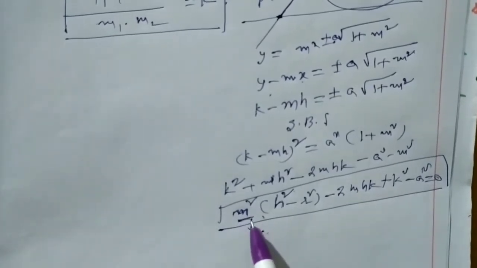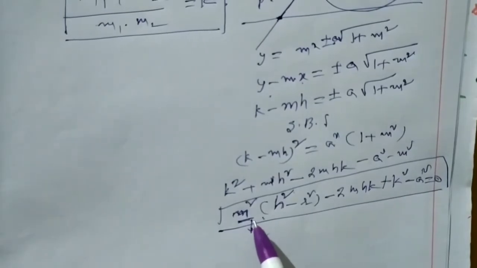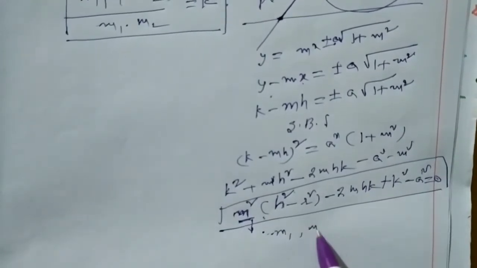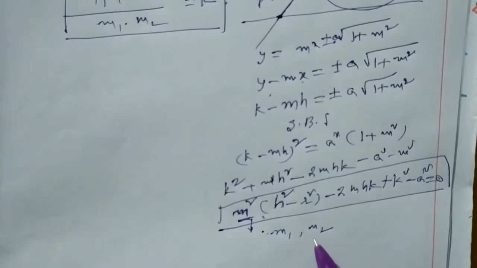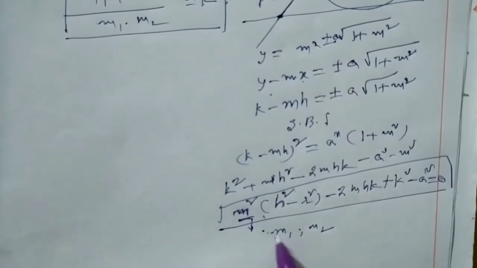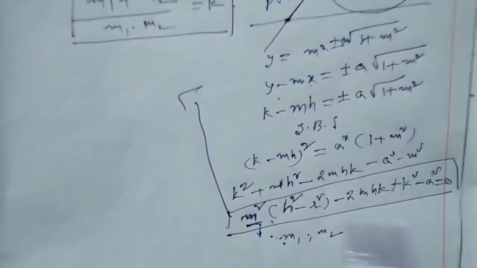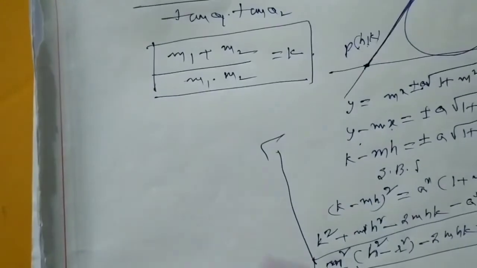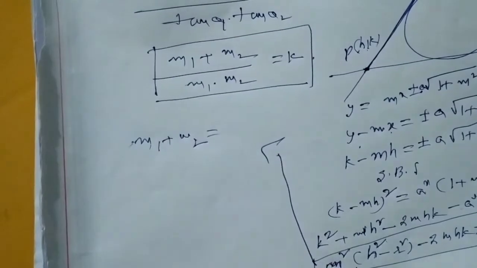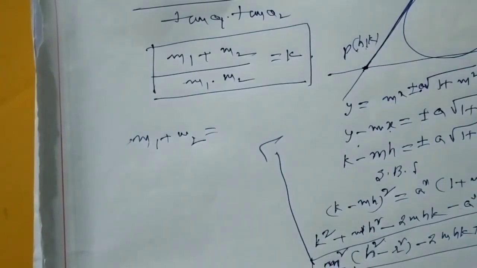This equation gives two roots whenever the P is outside the circle, exterior of the circle, and we are getting two roots of this equation, let us say m1, m2, which are slopes of the tangents. Moreover, by the property of quadratic equation, we get the product of the roots and sum of the roots. From this equation, we notice that the sum of the roots m1 plus m2 is equal to minus b by a.